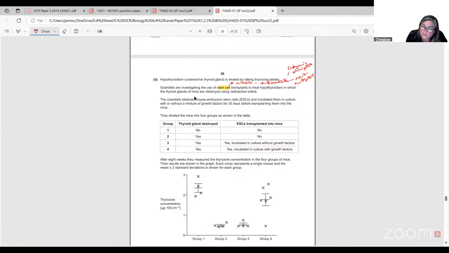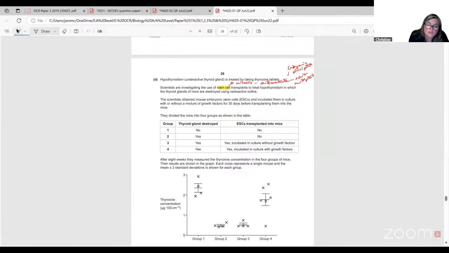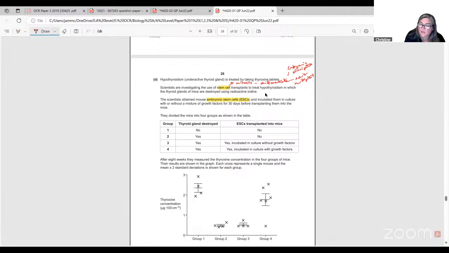To treat it in which the mice were destroyed using radioactive iodine, the scientists obtained mice. Here we go. So we're being told embryonic stem cells. Because we know they're embryonic, that therefore means they're pluripotent, unless they are within the 1 to 16 cell stage. Technically, I would say 8 to 16, because between that point is when they change. Without a mixture or growth factor for 30 days